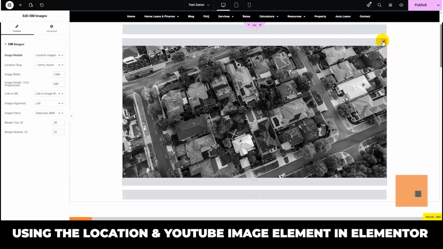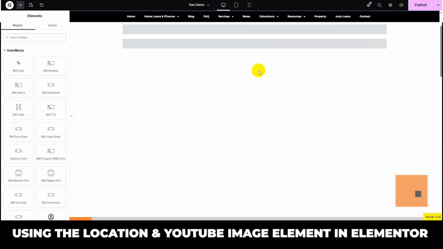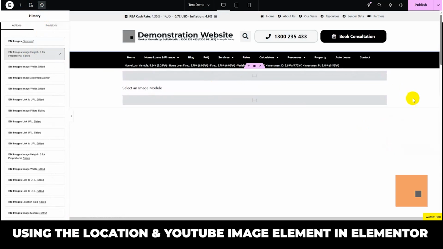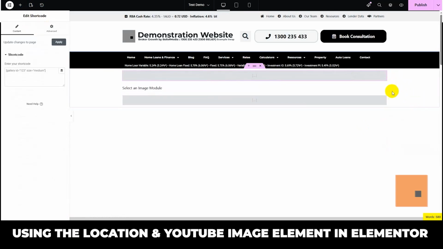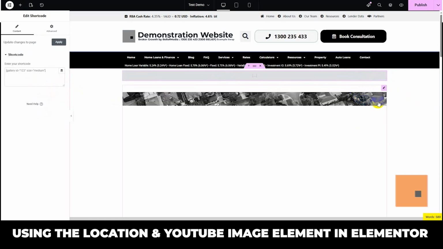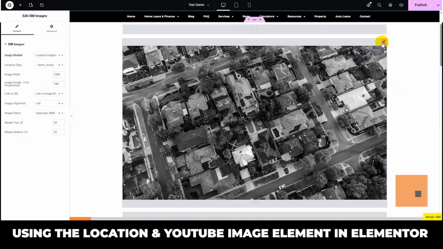So what I'm going to do is I am going to delete this, and I'm going to, actually I won't, I'll go to the history and do that. So that'll bring back the demo house. Okay, I'm going to make that 700 by the way as well, and that will bring back the image. The only reason I'm bringing it back,